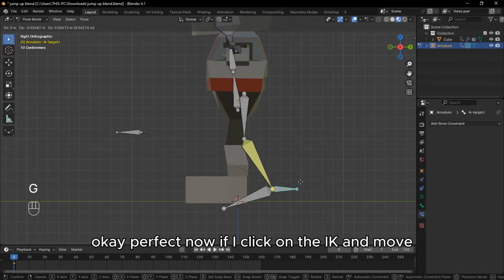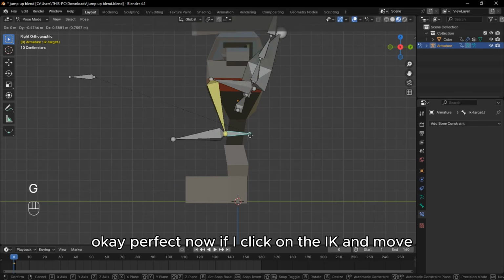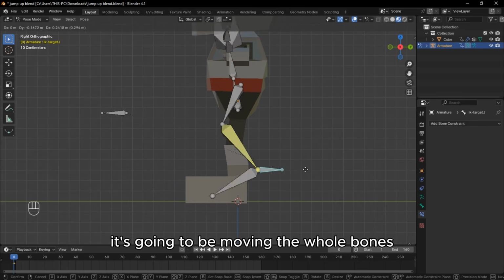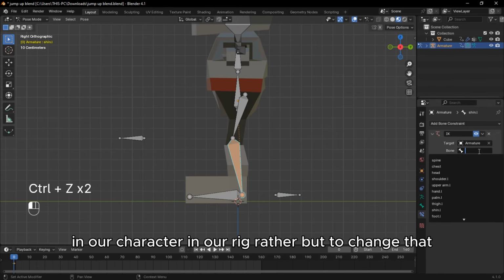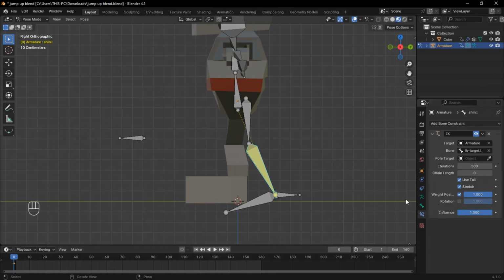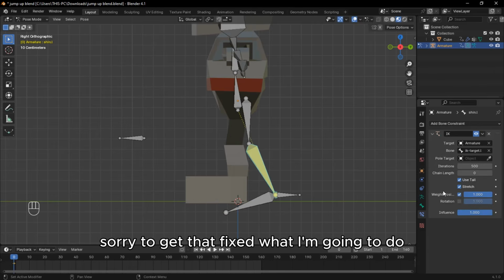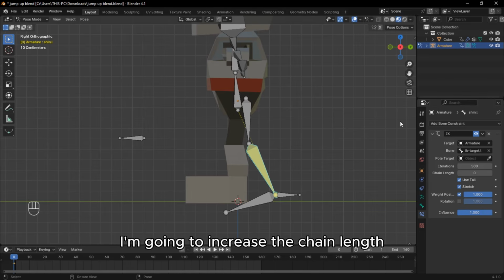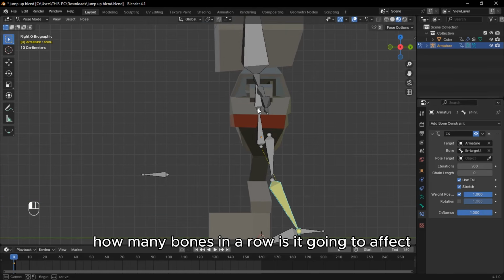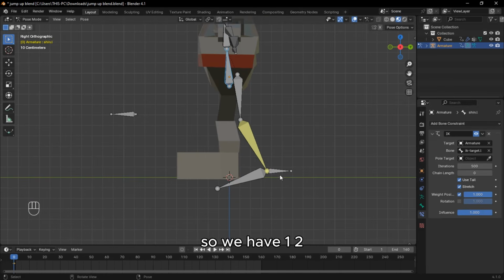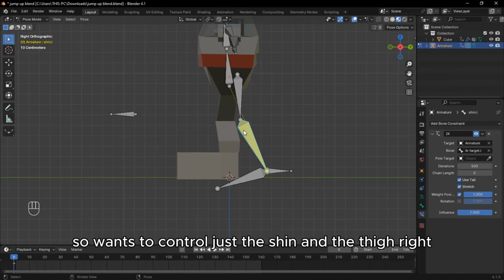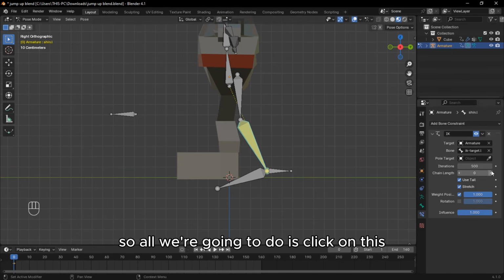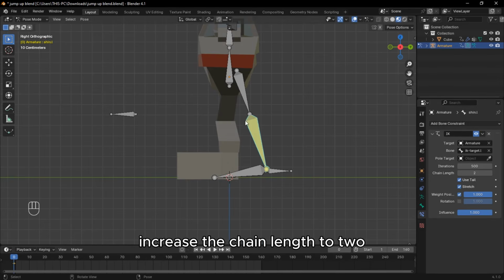Okay, perfect. Now, if I click on the IK and move, it's going to move the whole bones in our character, in our rig rather. To get that fixed, I'm going to increase the chain length. Chain length means how many bones in a row it's going to affect. So we have 1, 2, 3, 4, 5, so around 5 bones. But we want to control just the shin and the thigh, right? So all I'm going to do is click on this and increase the chain length to 2. So it affects just the